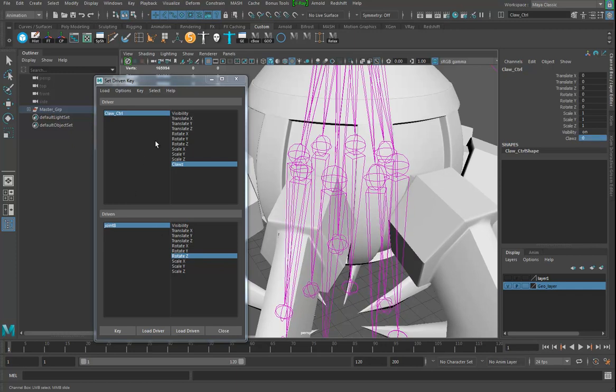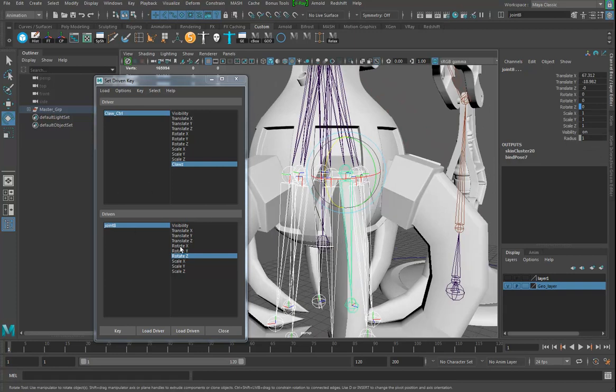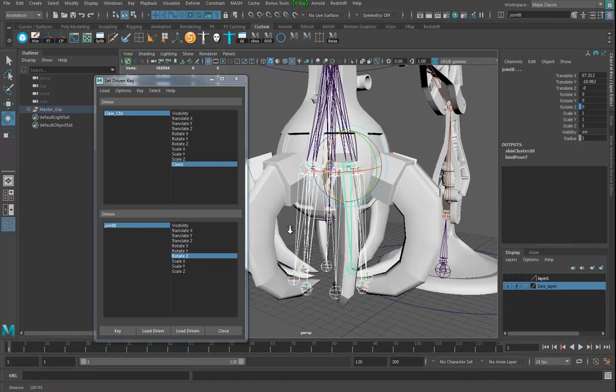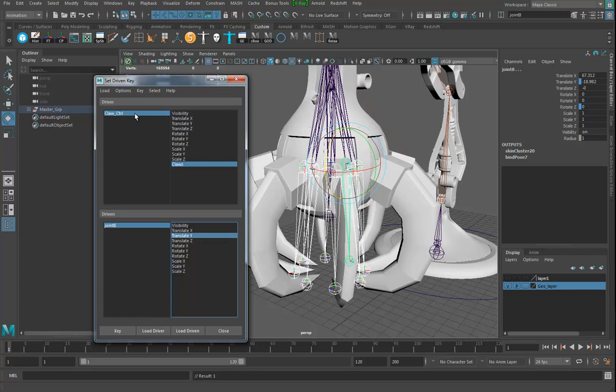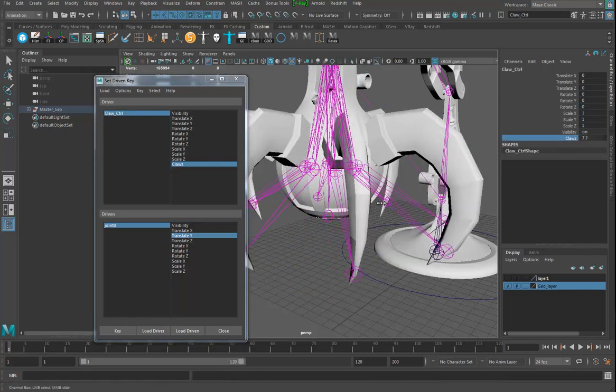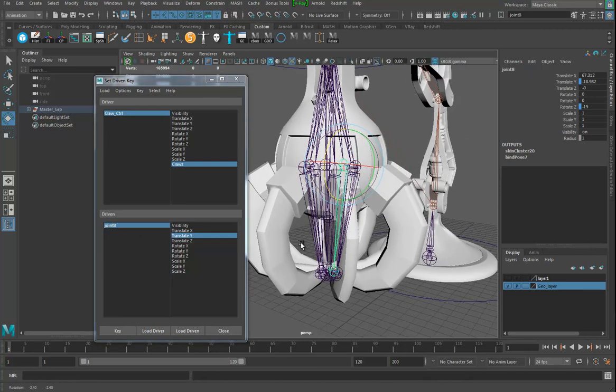There. And I'm going to go and play with these joints here for a second. I'm just going to grab them, and you don't have to do this. I'm just taking it a step further. If I go over here and I grab my translate Y, and I go ahead and I key it at 0, and then when I take these and I pinch them at negative 10, it might look cool if...